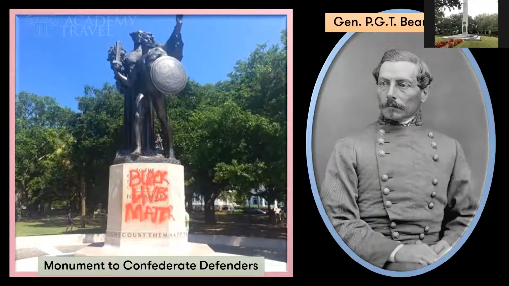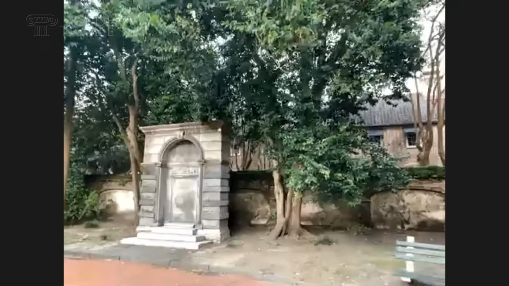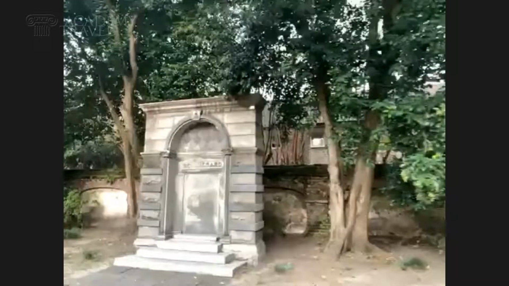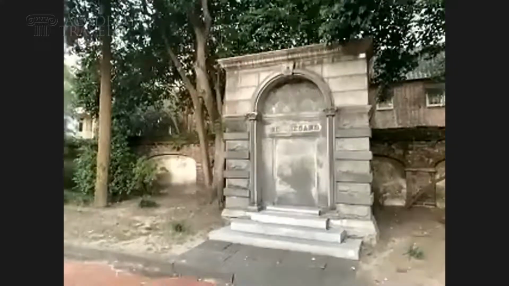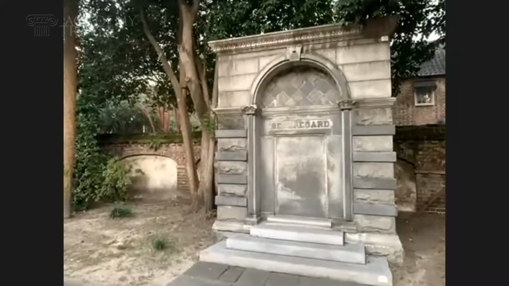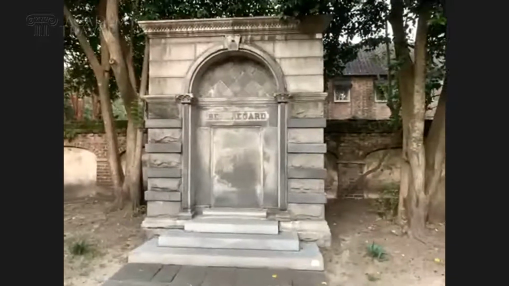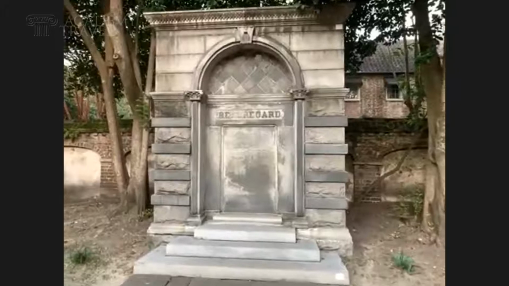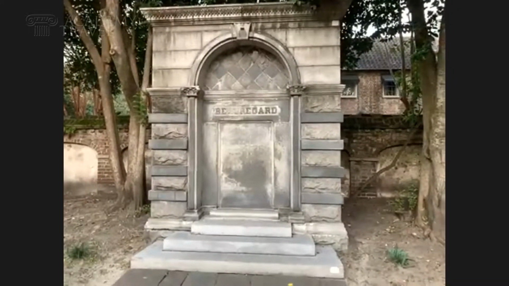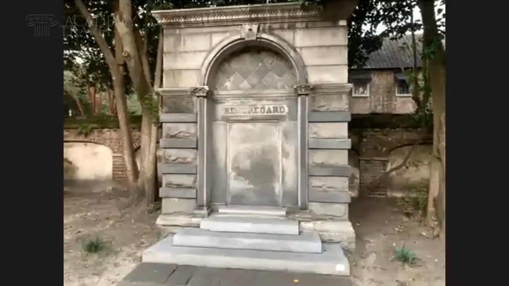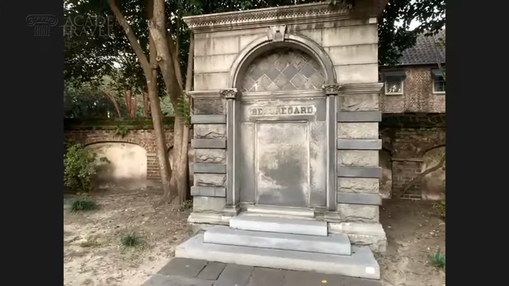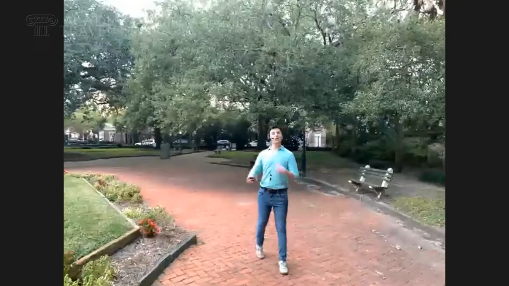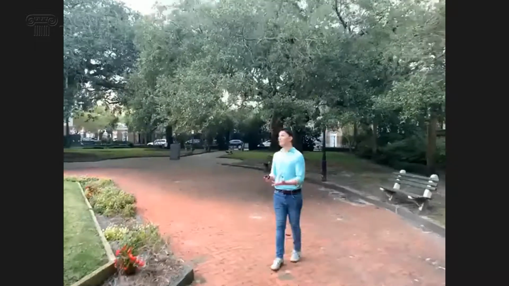And even this little monument to P.G.T. Beauregard, and I put a picture of him on the slide, is a really complicated issue, because Beauregard was one of the few Confederate generals who, after the Civil War, recanted his beliefs in white supremacy and actively tried to improve civil rights and relationships with African Americans in his home state of Louisiana. So even Beauregard's own legacy has shifted and changed over the years. And so there's some consternation about whether he should be remembered for his later works promoting civil rights, or whether his life should be remembered mostly for his earlier defense of white supremacy and as a general for the Confederacy. So these issues are still ongoing in the South. There is no easy answer to a lot of them.